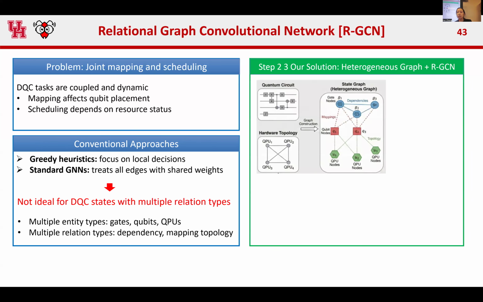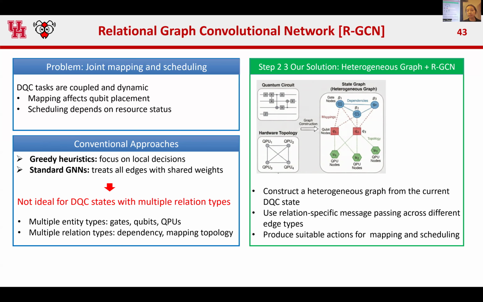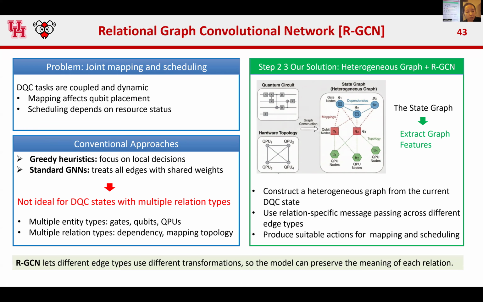So here is our solution. For step 2 and step 3, we will use the heterogeneous graph and RGCN. We will construct a heterogeneous graph from the current DQC state and use relation-specific message passing across the different edge types. Then we will produce the suitable actions for mapping and scheduling. The state graph will be used to extract the graph features. RGCN lets the different edge types use different transformations, so the model can preserve